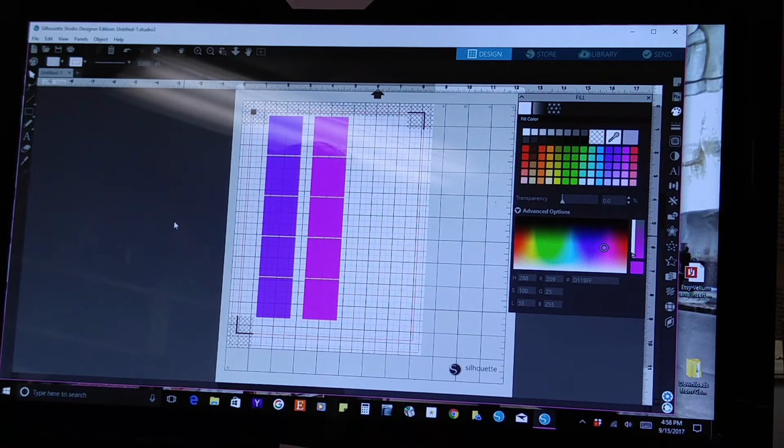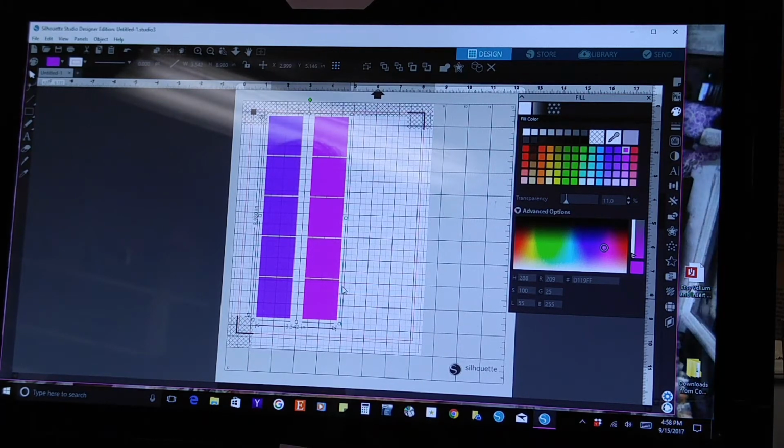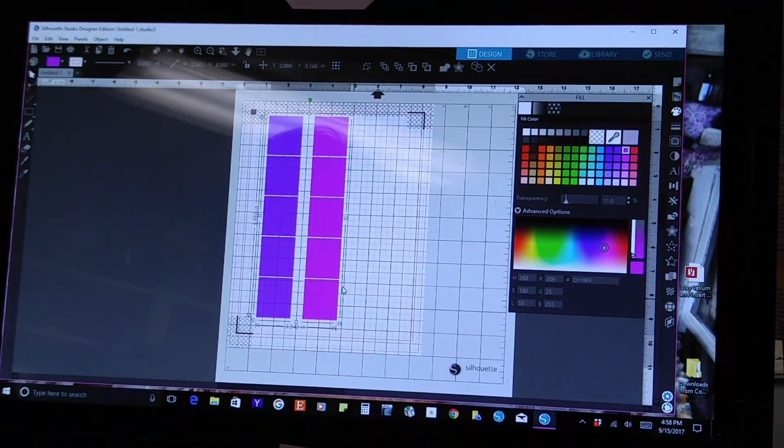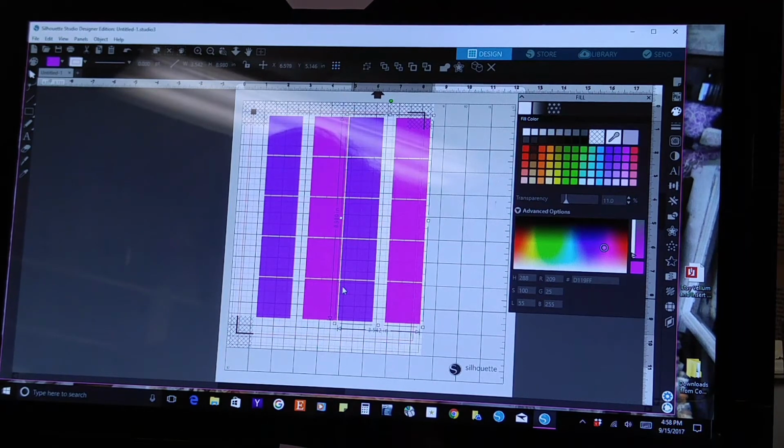Well, I've decided I want 10 of them now. So I'm going to take the whole entire group that I just made. I'm going to right mouse click, group those, hold down the Control key, and this time I want them to show up on the right side. I'm going to hold the Control key down and the right arrow key and release the Control key and tap